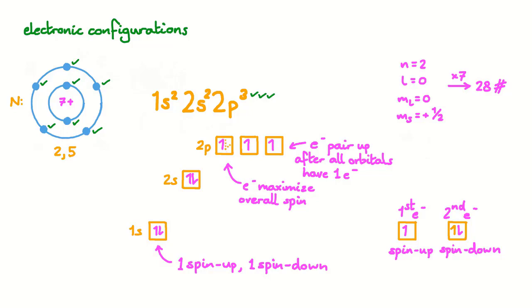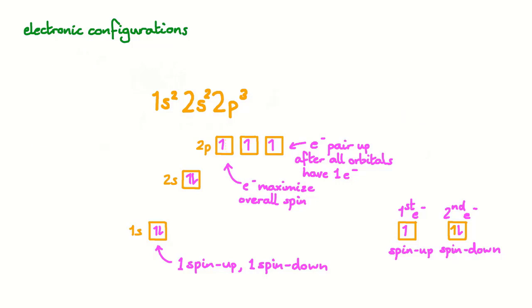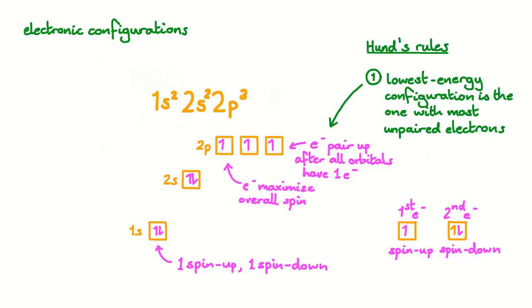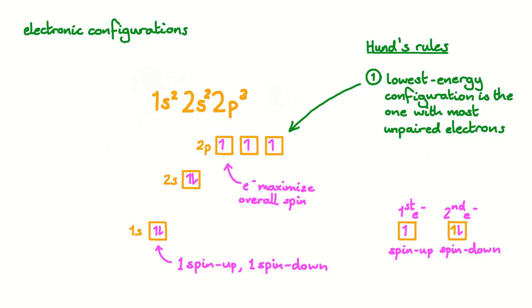If there were a fourth electron, that would go spin down into the first orbital. Each of these principles has a special name. The first rule is that the lowest energy configuration is the one with the most unpaired electrons. In this particular configuration, there are 3 unpaired electrons, and we would only reduce that number if we started to